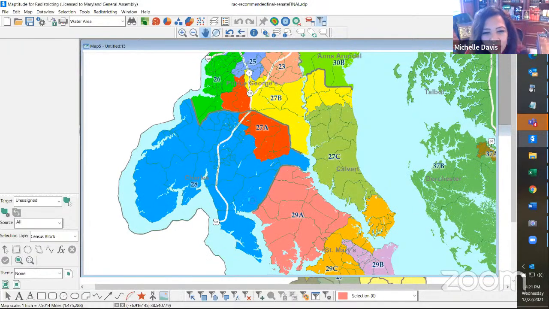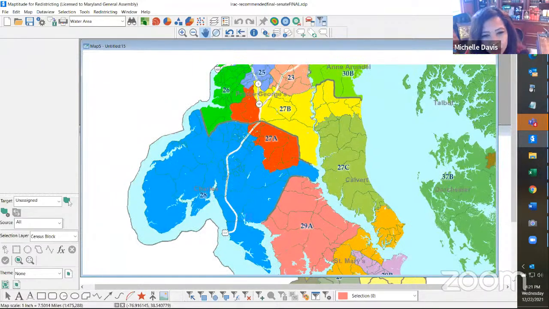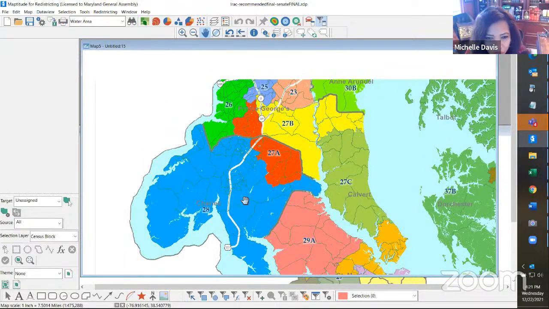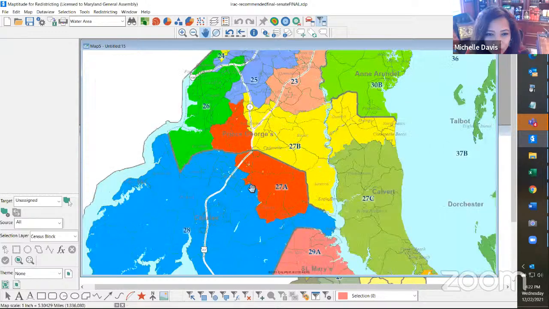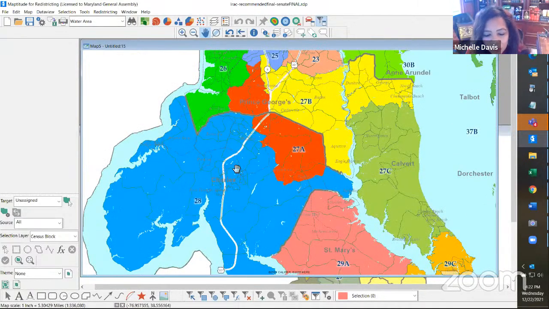But I will say that in Charles County, which is mostly District 28, because of the growth in parts of that county, that's the reason why the boundary line would actually move south, because you actually have to, for lack of a better term, get rid of people,